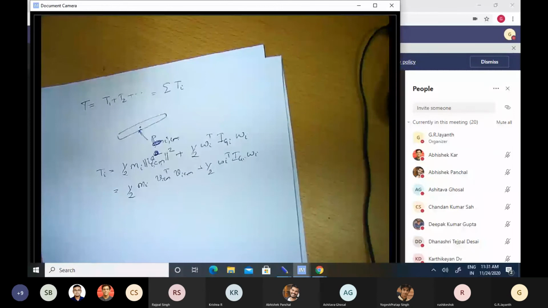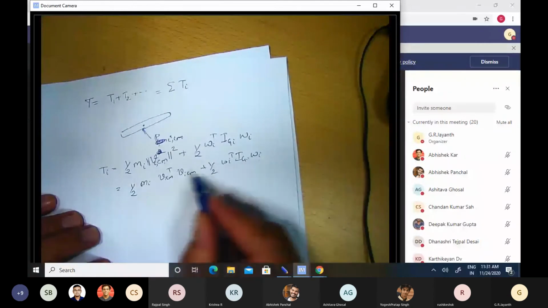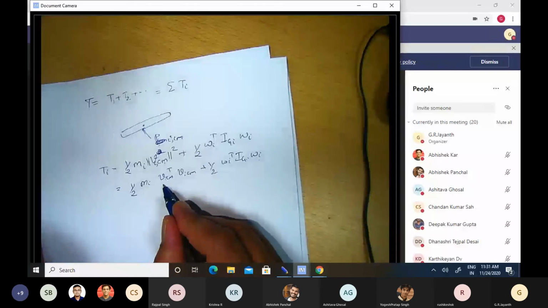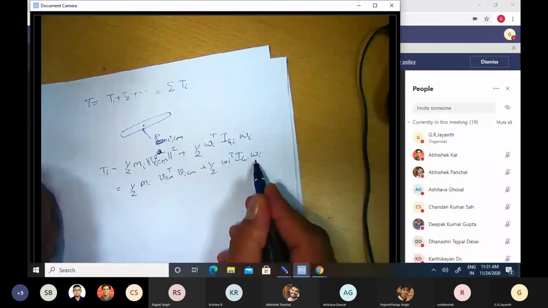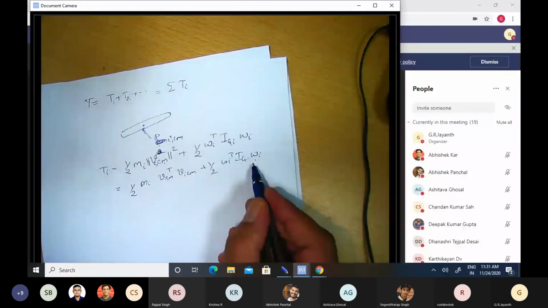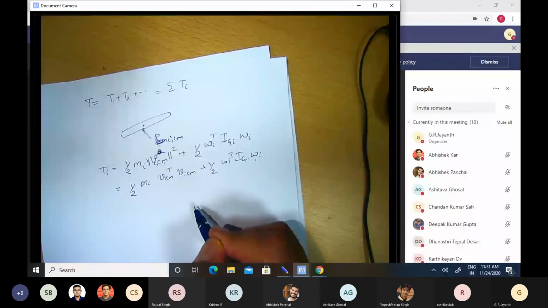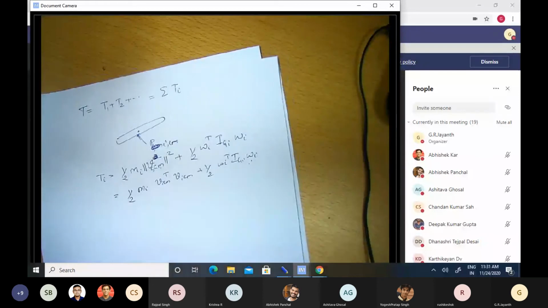Once we are done with that, you see all of these are just linear translational velocities and angular velocities. We have to relate them to the joint variables or the generalized coordinates, and then express the kinetic energy in terms of the generalized coordinates. Just as we have expressed potential energy in terms of generalized coordinates, we have to express kinetic energy also in terms of generalized coordinates. Once we are done with that, we have a Lagrangian which is fully defined for our problem, and then we can use it to obtain the Euler-Lagrange equations of motion.